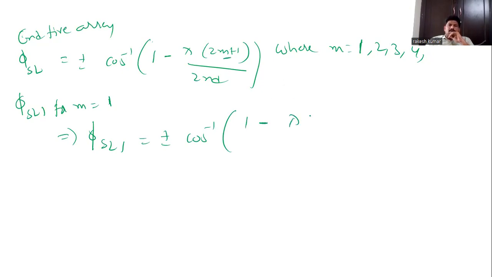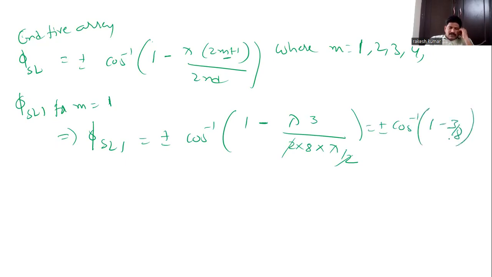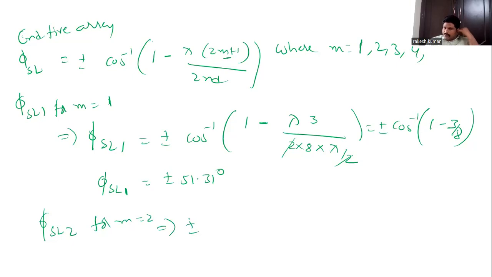So 2 plus 1, 3 by 2 into 8 into lambda by 2. Lambda will get cancelled. So it is plus or minus cos inverse of 1 minus 3 by 8. If you substitute here, phi SL1 is equal to plus or minus 51.31 degrees. Similarly, phi SL2, that is for m is equal to 2, simply substitute here, plus or minus